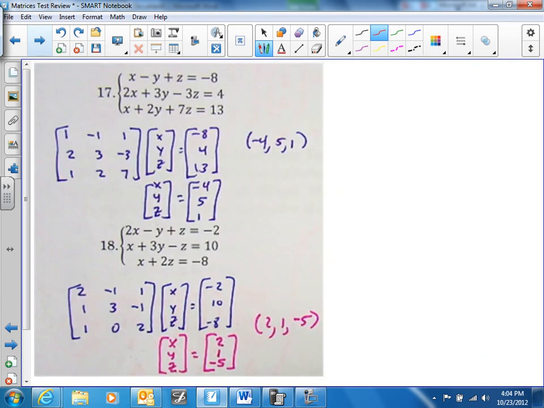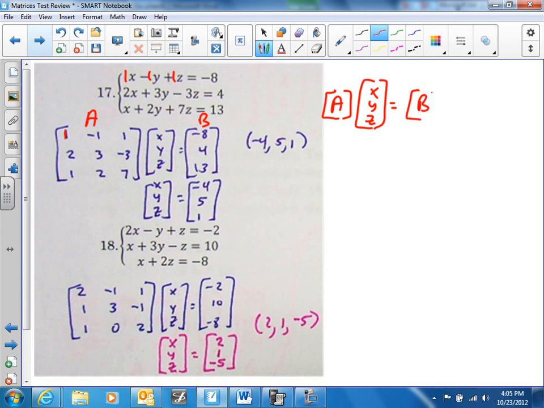All right, now on number 17, remember what you have to do is you have to fill in these numbers. So this is your coefficients. I'm going to put this in A and put this in B. And when you solve it, remember, it's just like saying matrix A times your variable matrix, or in this case, XYZ,